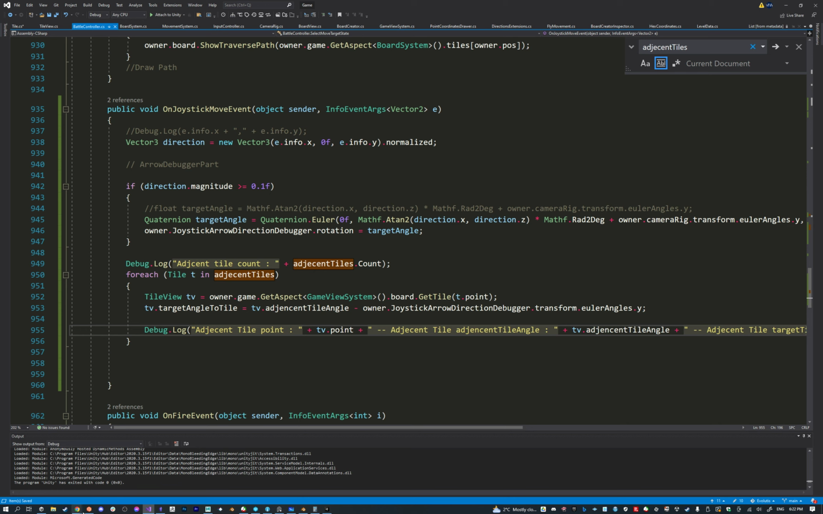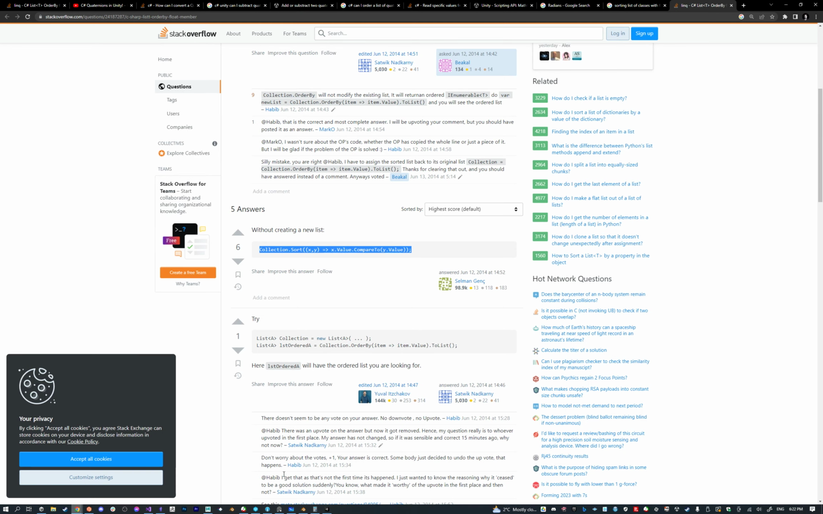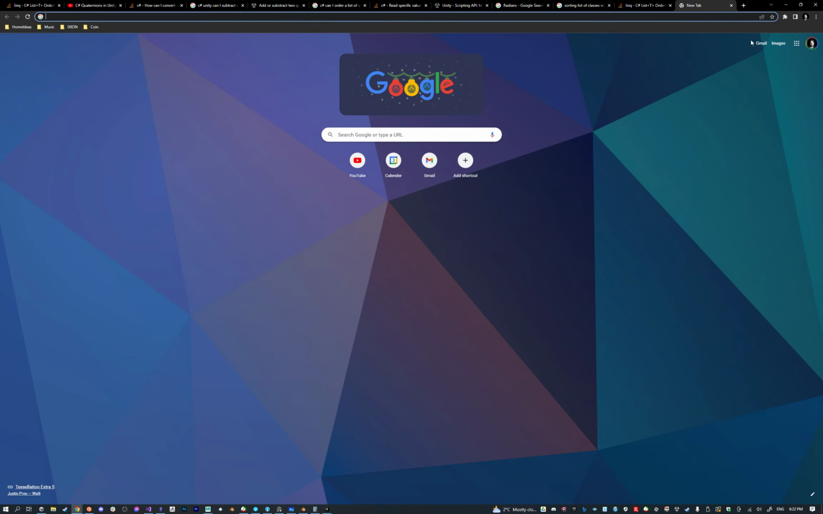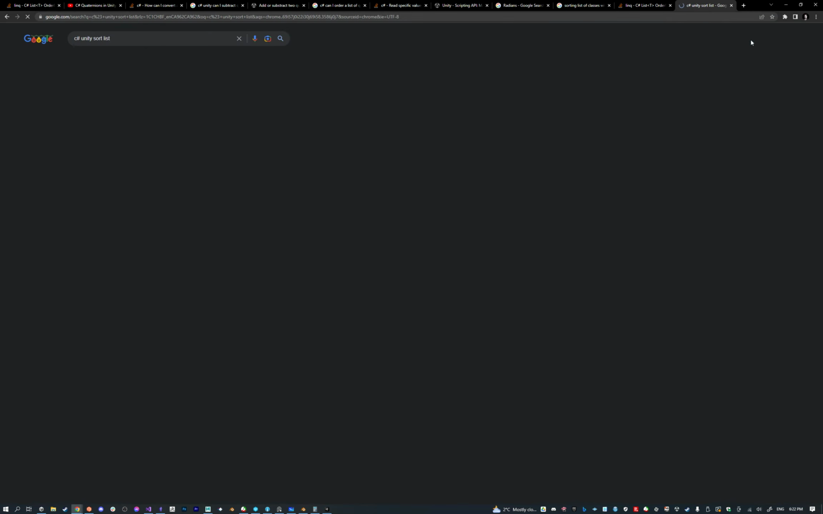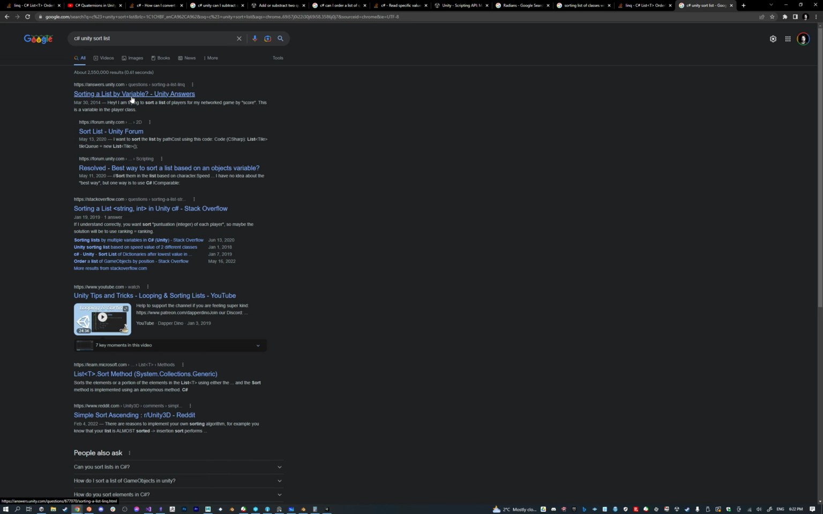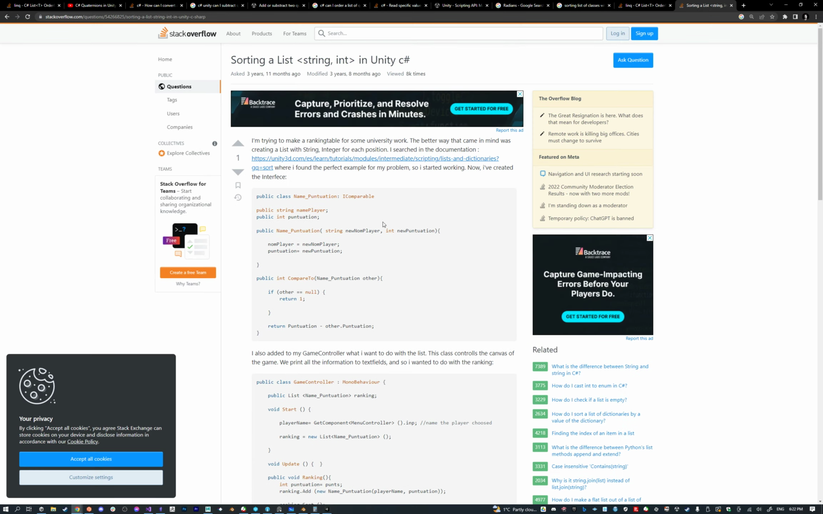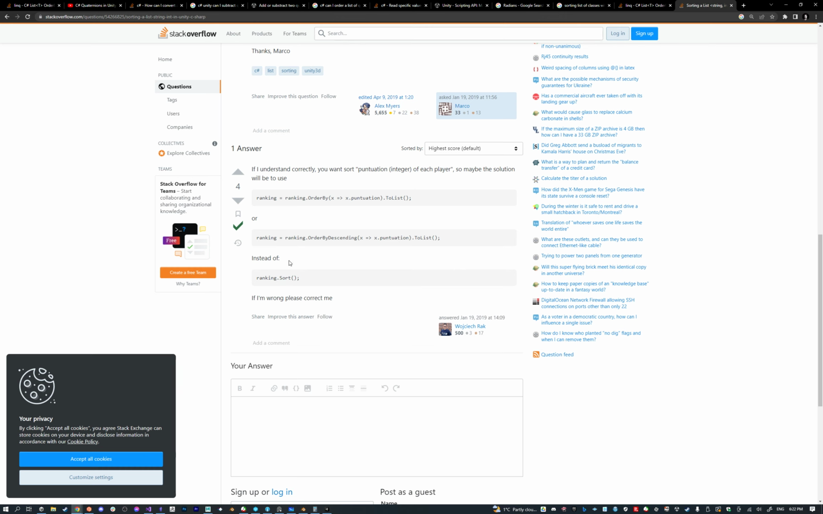Now let's go grab what I was doing earlier, which was we're going to start sorting. I'm going to look up C# Unity sort list. Stack Overflow is very good. If I understand correctly, you want to sort by the integer of each player. The solution will be ranking equals ranking order by to list,